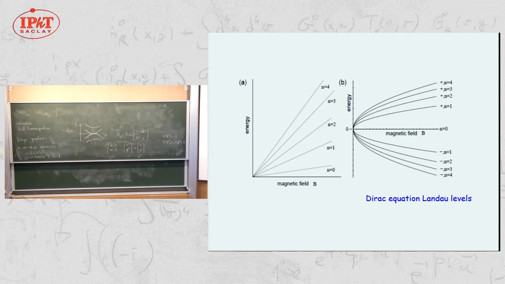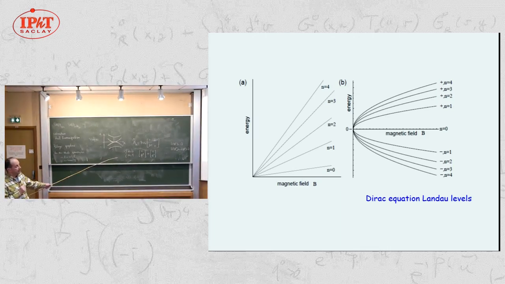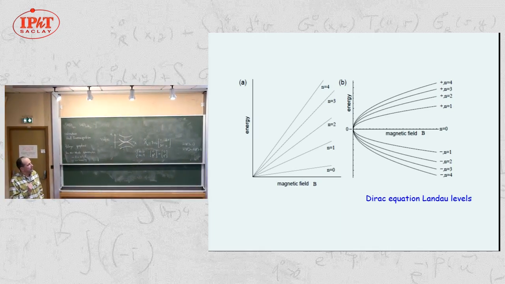But this degeneracy between n equals 0 and n equals 1 is far from being exact. Of course, we expect that it will be lifted by band structure effects. That's obtained in a very simple tight binding model with the minimal number of hoppings. If we add some further hopping, then the degeneracy between these is slightly lifted. And then there is also a very interesting phenomenon that happens, which is the analogue of the Lamb shift of atomic physics: in the case of graphene, all these levels are filled.